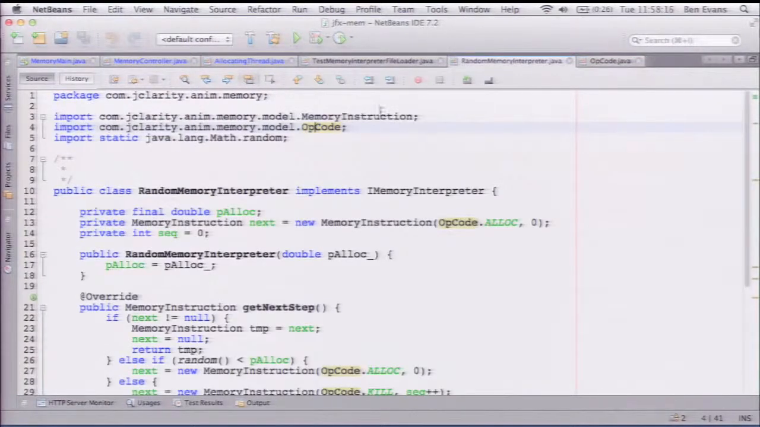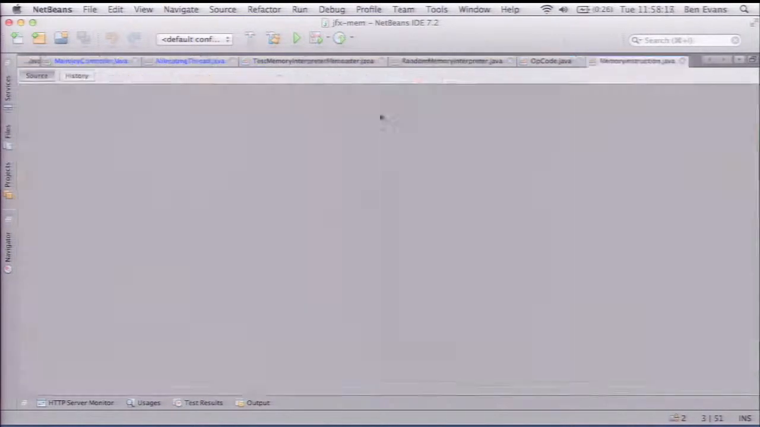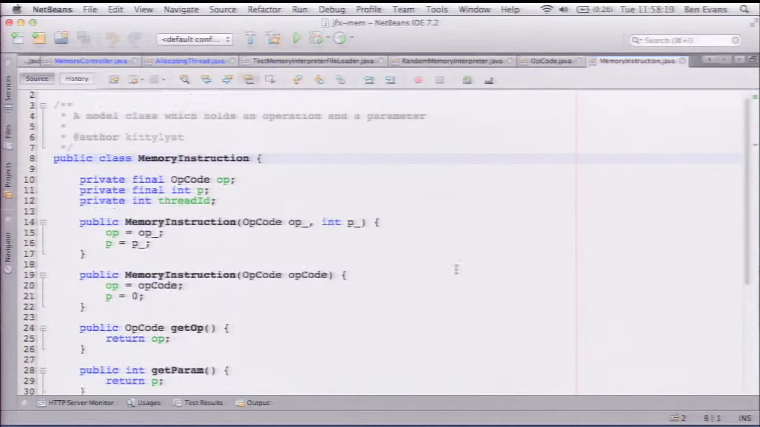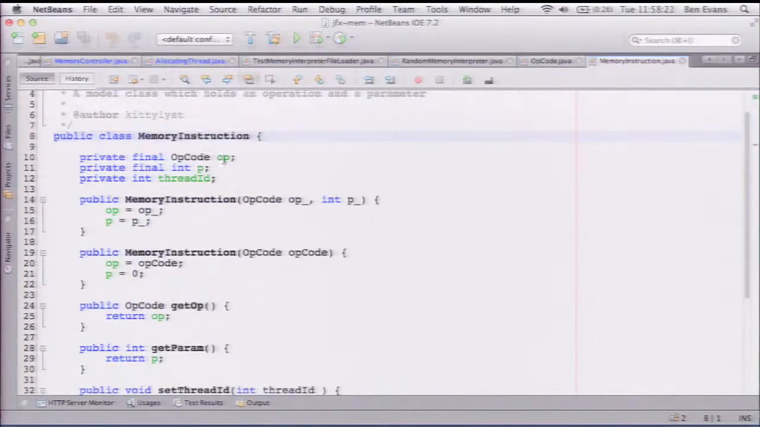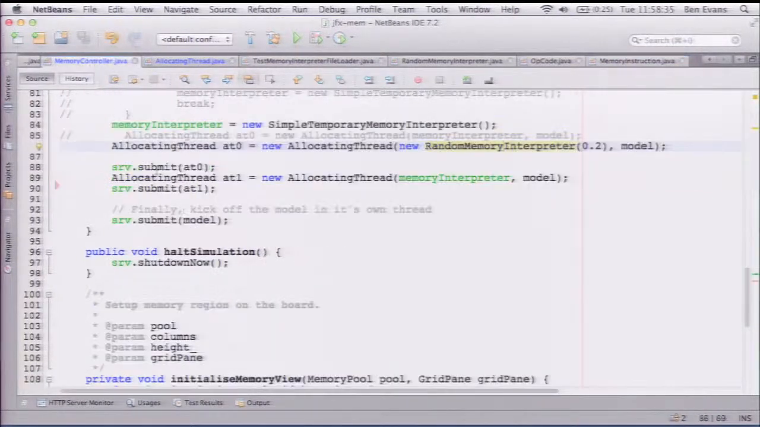Okay, and so like any good opcode, the instruction may come with a parameter. So there may be a parameter which tells you which block to kill off. That's typically the use case for that. And you also have an ID, which is the thread ID. Because if I come into the memory model,